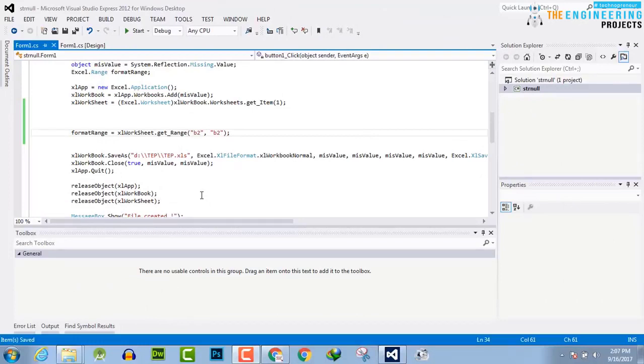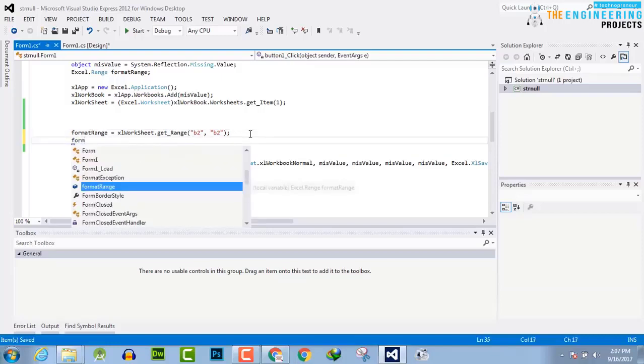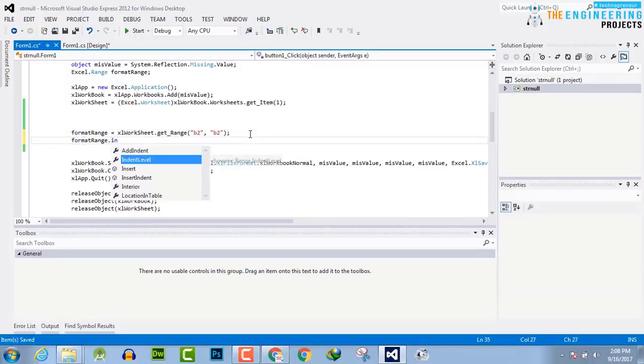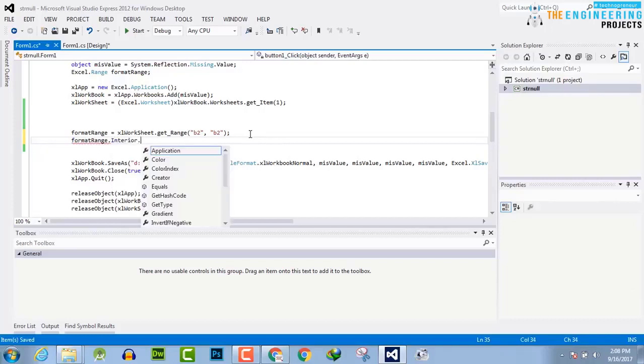In this video tutorial, I will guide you how you can insert the color into any cell to change the style of the font. So for that, I have selected the range B2. It means second column, second row, and then Format Range.Interior.Color is equal